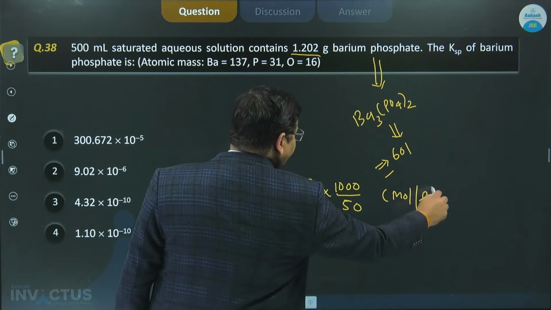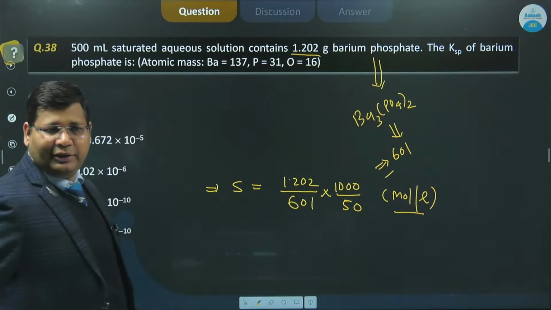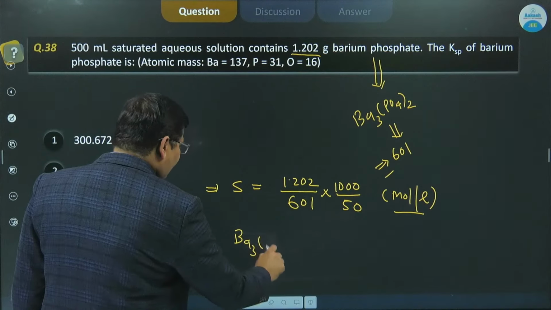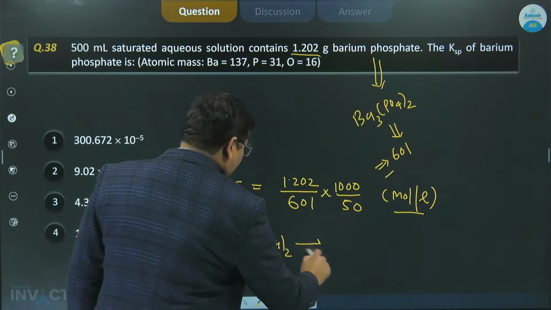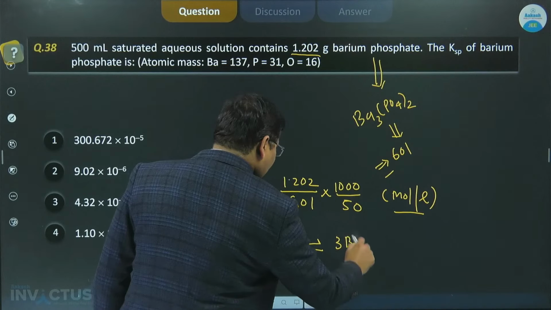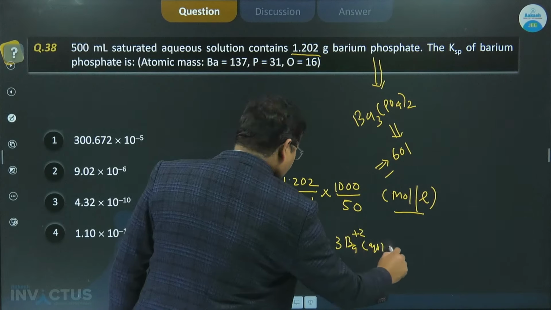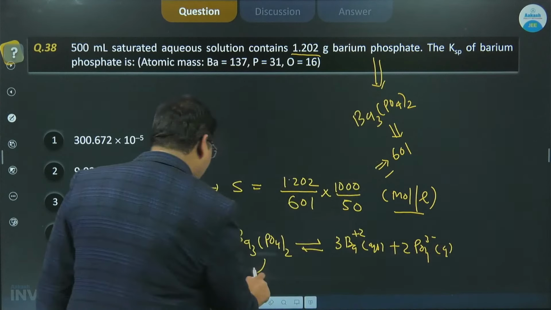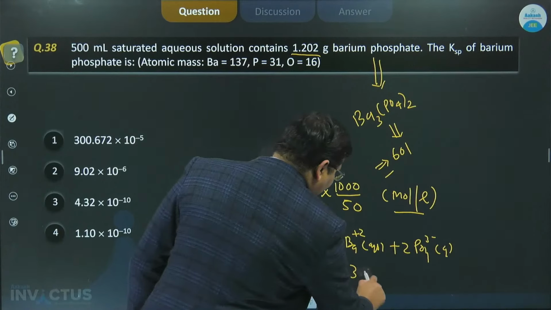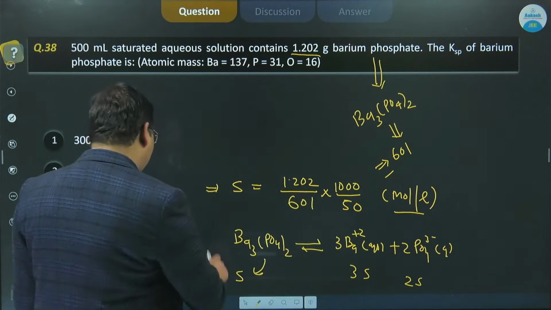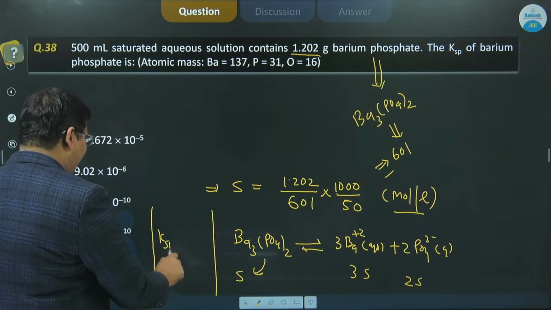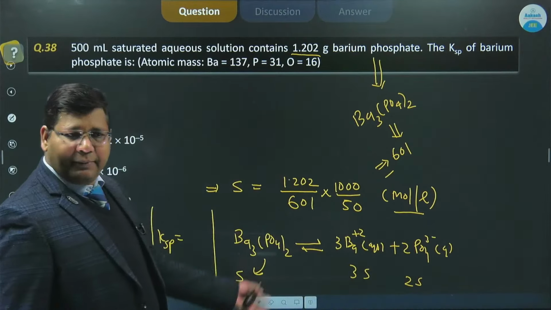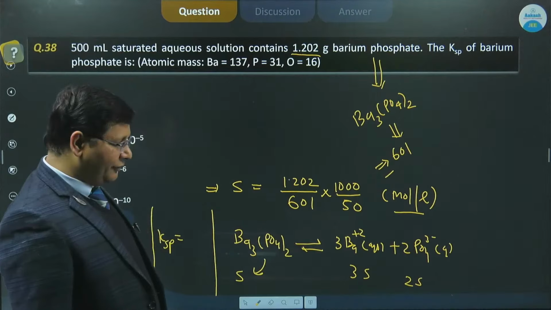देखो ये सॉल्युबिलिटी होगी बेरियम फॉस्फेट। तो अगर सॉल्युबिलिटी हो गई तो अब हम इसको आयनाइज कर देंगे बच्चों। तो Ba3(PO4)2 होल ट्वाइस, तो 3Ba2+ (aq) एंड 2PO4^3- (aq), ये एक्वस आ गया। तो अगर इसकी सॉल्युबिलिटी S मोल पर लीटर है बच्चों, तो ऑब्वियसली ये 3S और ये 2S हो जाएगा। तो हम यहां पे क्लियरली समझ गए कि जो Ksp है हमारा वो क्या हो गया आपका, दैट इज 3 की पावर ले लेंगे, A3B2 टाइप का क्वेश्चन हो गया आपका।